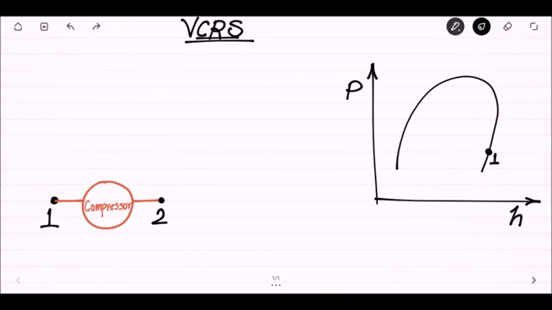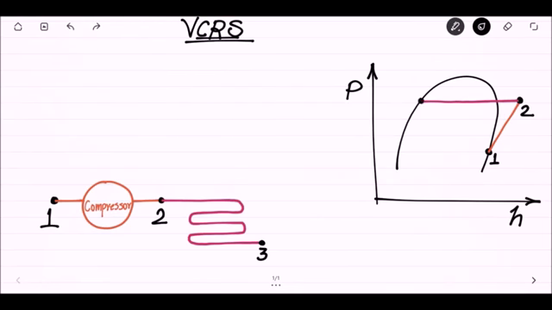temperature both increases. Here enthalpy will also increase as it is the function of temperature, hence making an inclined line in the pH diagram from point 1 to 2, which shows that there is increment in pressure and enthalpy both. Now this high pressure high temperature vapor refrigerant will pass through a condenser, where the vapor refrigerant gets converted into liquid refrigerant by the rejection of latent heat at a constant pressure, hence drawing a constant pressure line up to